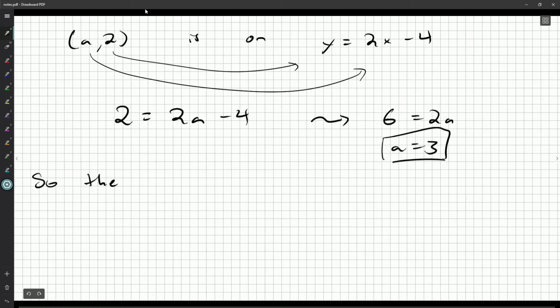So I might say, so the point is 3, 2. That's what I've worked out up to this point, and I'm just making it clear to whoever's marking the paper. Okay? And there are humans who mark these papers. They read through your solutions. Okay, so I know this point